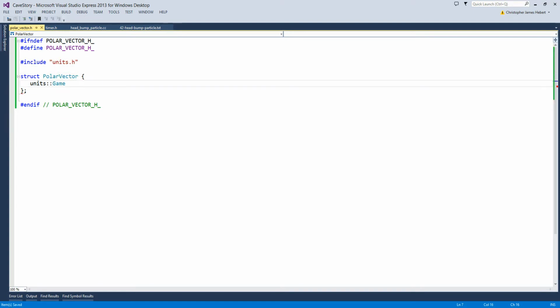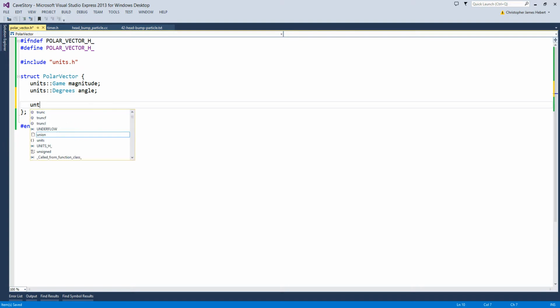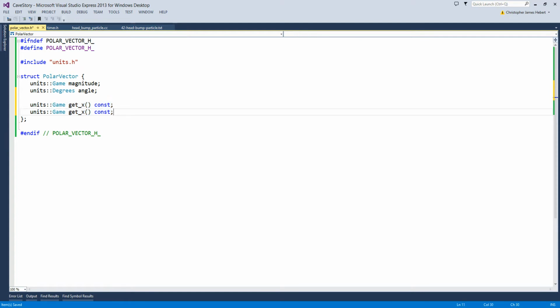For magnitude, units of degrees for angle, and then we can have a getX and getY in game units. That'll be const. We'll implement it here,